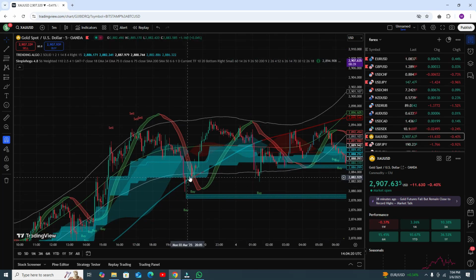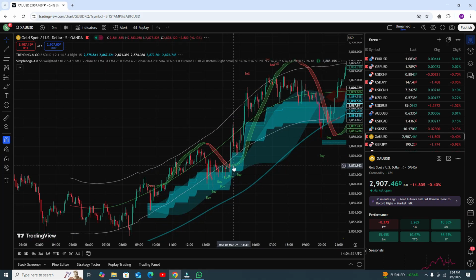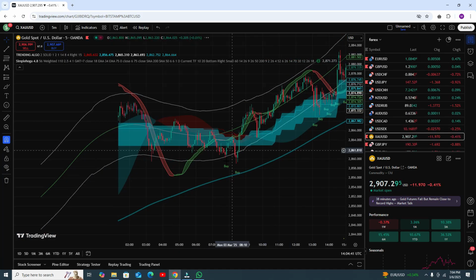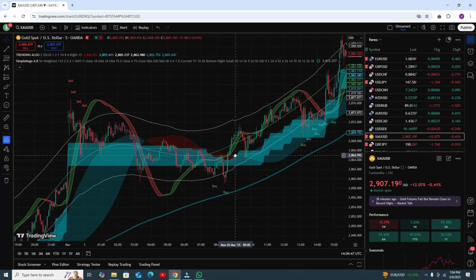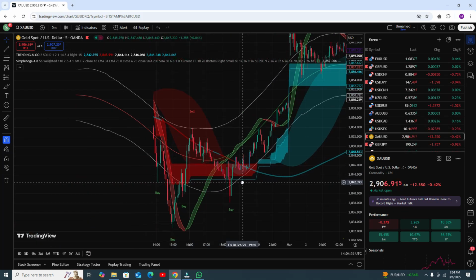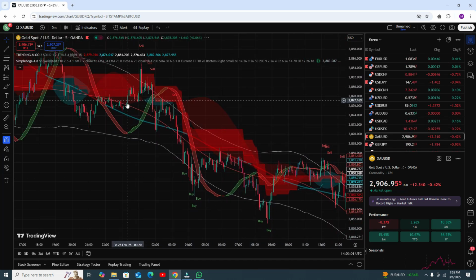Yes, actually that one is a strong buy signal. The clouds are blue and this trend line is also blue, so that is a strong buy condition and you can target it. Okay, that is a very strong buy condition and your target will 100% hit. And that is a weak buy signal because the RSI is upside, and you can see your target hit. Now you can move to the sell position if you need, but that is a strong sell condition and your target is easily hitting. That is a strong sell condition and you can see there are a lot of examples.